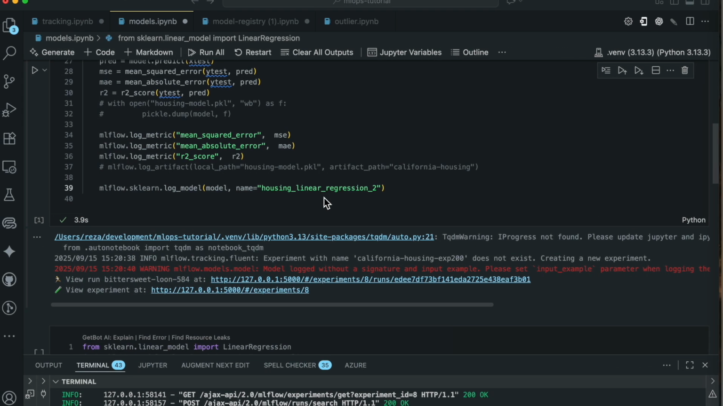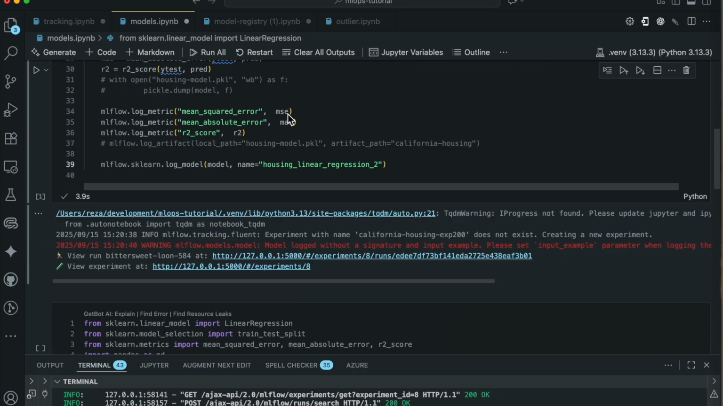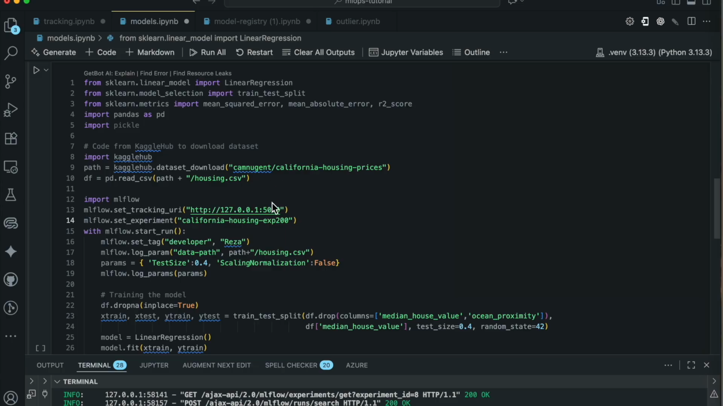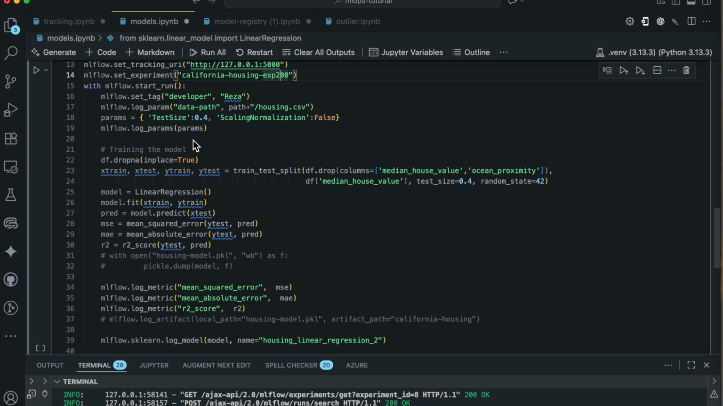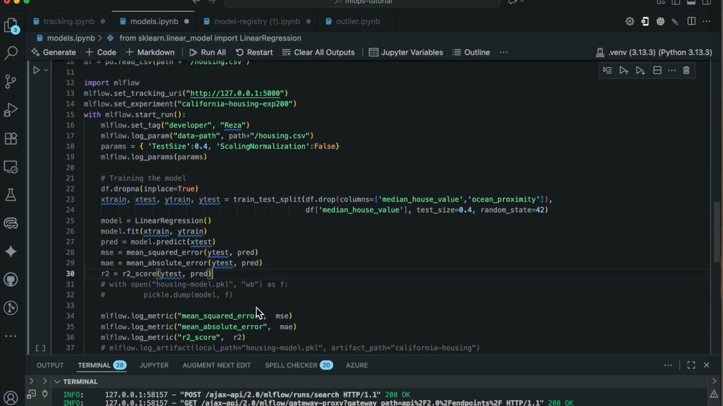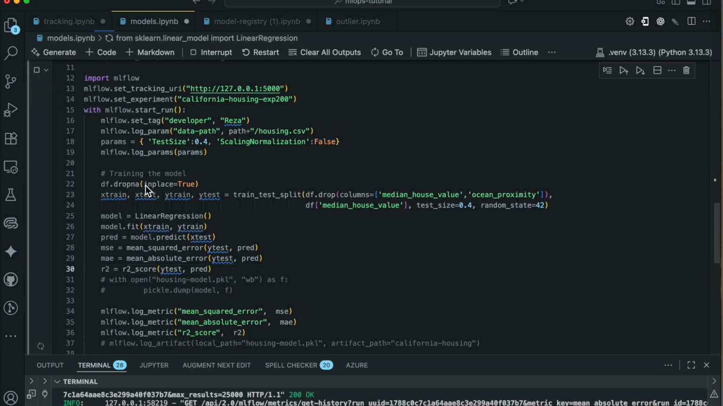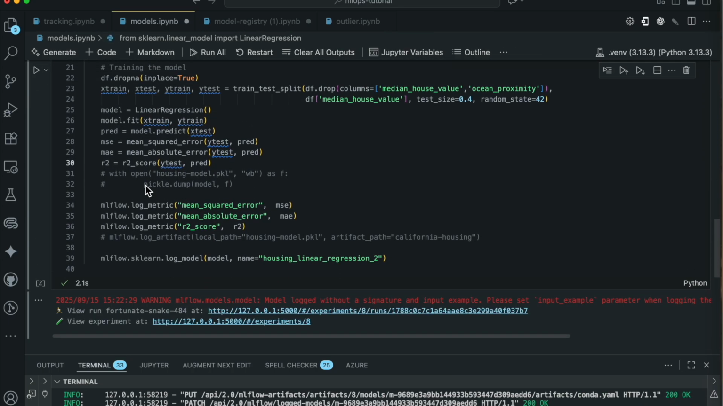Let me go back to our programming environment, and this time in this experiment 200 we make a change. This is still the same experiment, but this time we change our parameters. For example, we make test size 0.4, and here test size 0.4. Okay, and then run the experiment and register the model. Same thing. Let me run it. Okay, I ran the